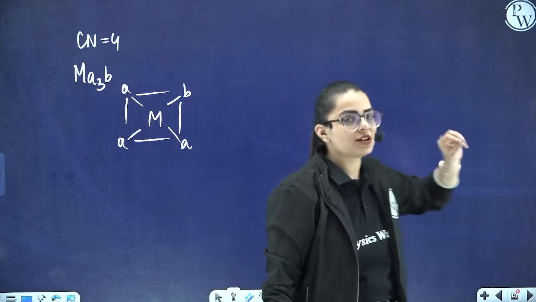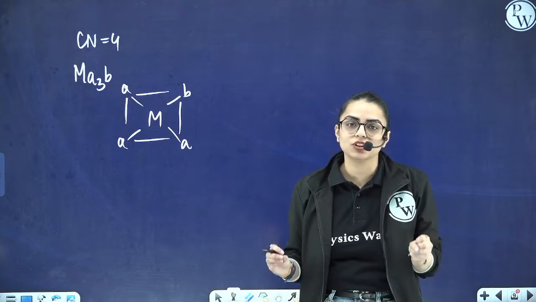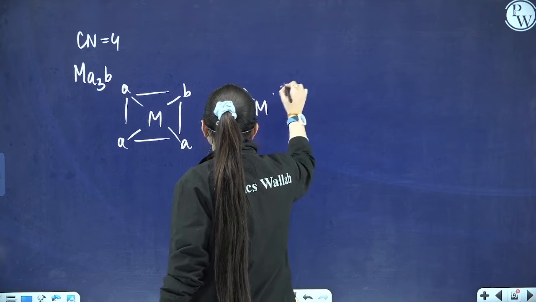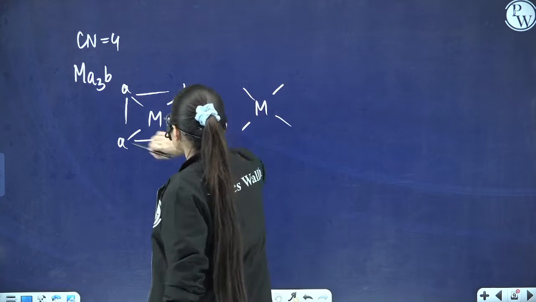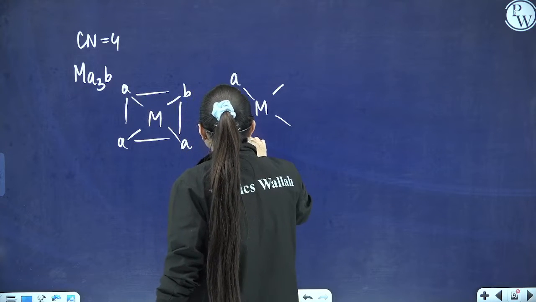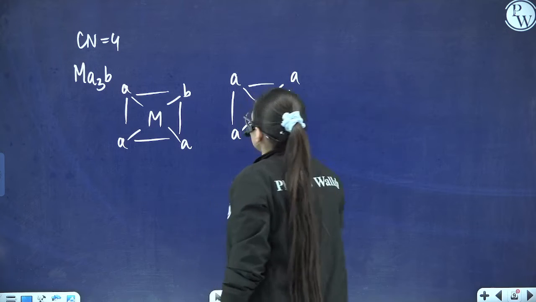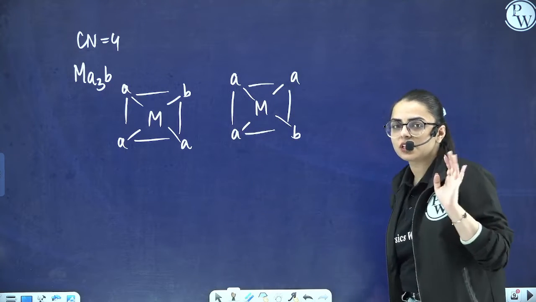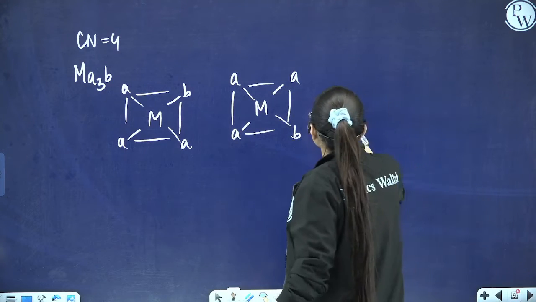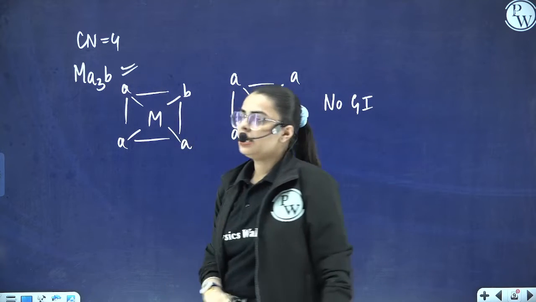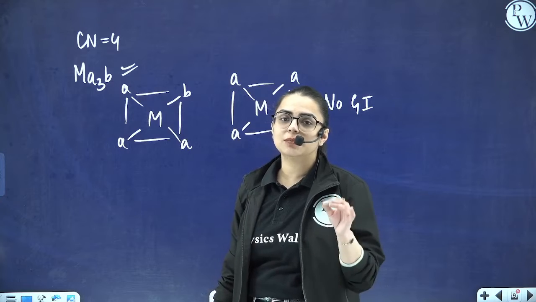See, what is a geometrical isomer? Again, you have to change the position of the different groups. Let us say this is your central metal atom, and ligands are bonded in such a way. Let us take this A over here, and now write B over here and A over here. Is it the same or a different thing? Ma'am, they are the same. That means there is no geometrical isomer if we have this kind of molecular formula.